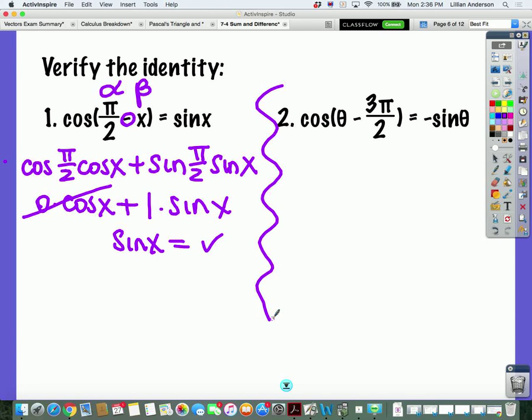What if we changed cosine to sine? Would we be considered wrong? What do you mean change cosine to sine? We didn't do all the extra steps. If you try to change this, you mean? Yeah, just to sine the whole thing because that does equal sine x. Okay. So